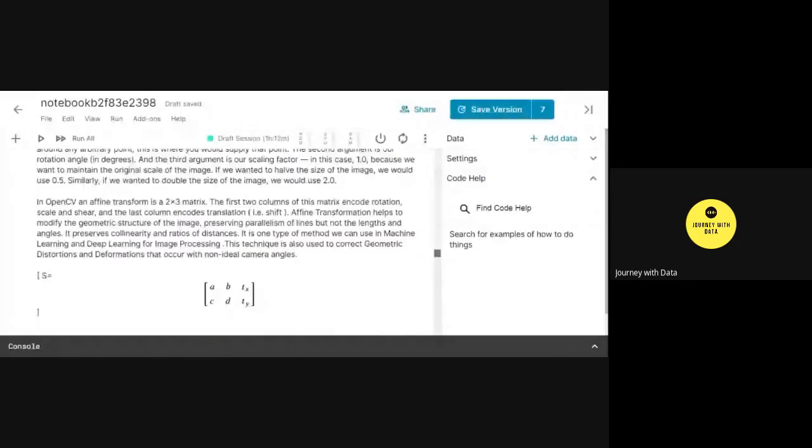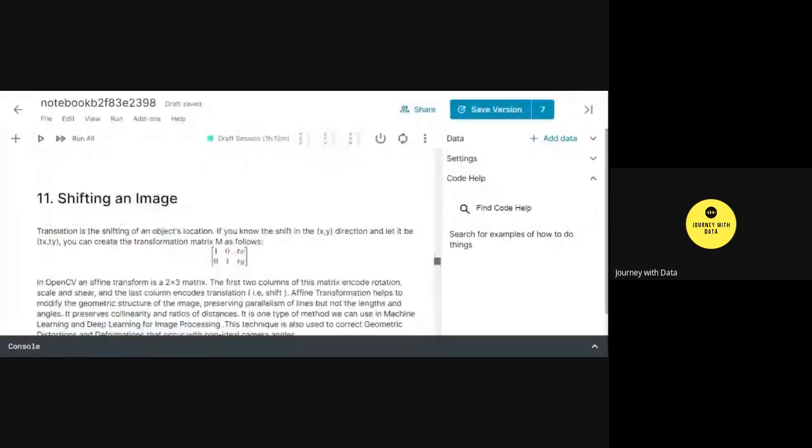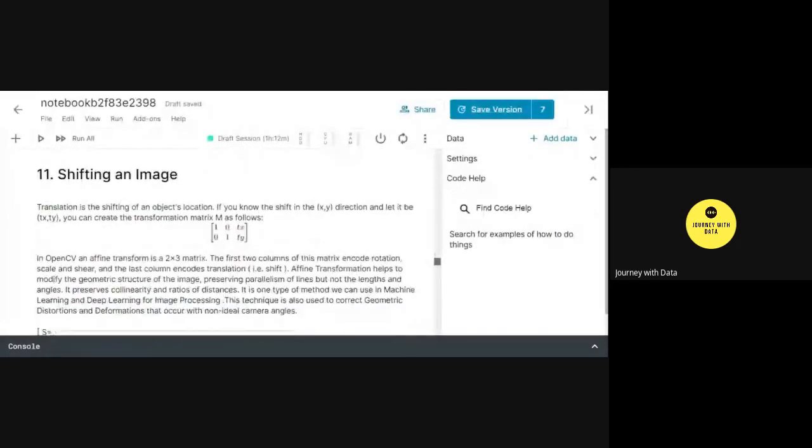Now, before talking about rotating an image, I would like to talk about how to perform shifting an image. So shifting is basically shifting an image by some parameter, in a particular direction. For that, there is a matrix which is known as a transformation matrix.